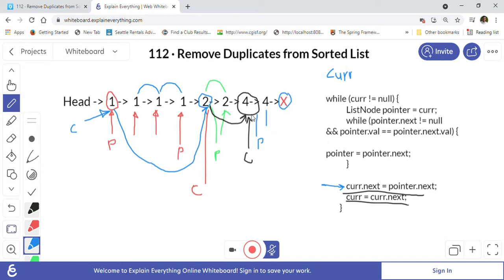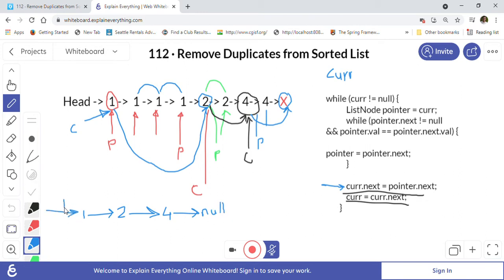So at that time we will just move current next equal to pointer next, meaning the next will be null. So the resultant list we will get is: one, its next is 2, and its next is equal to 4, right? And 4's next is equal to null, so that's what we will get. So this is head, right?